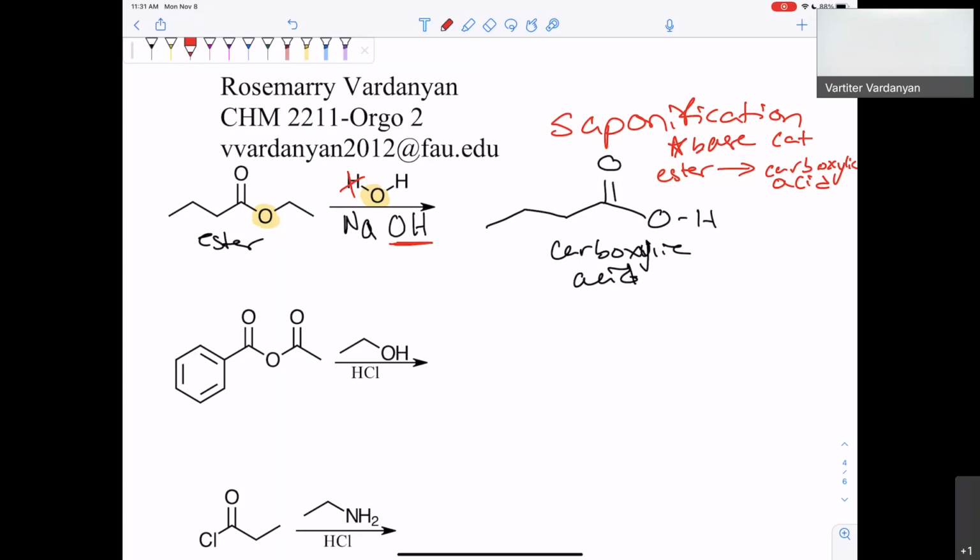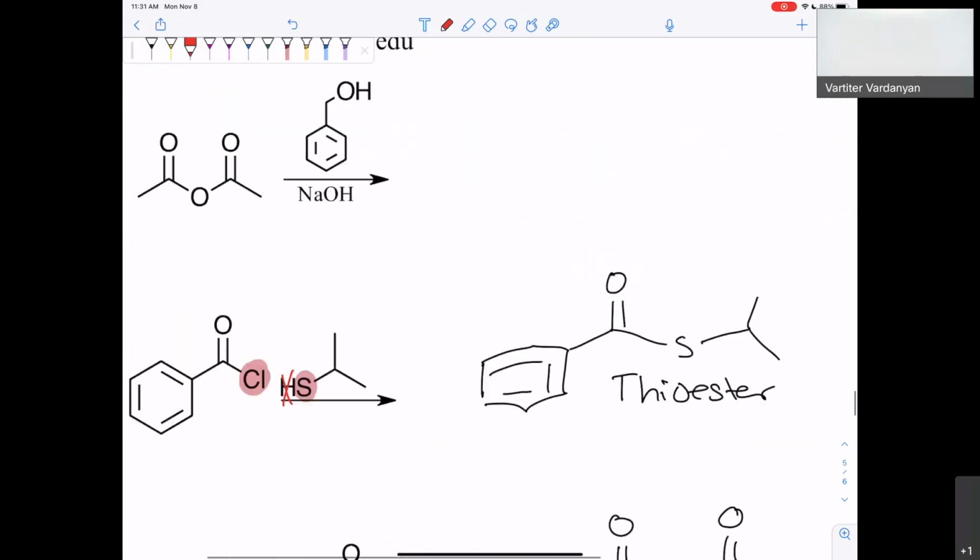Say that again? If there's no catalyst, it would still happen, but it's not going to be called a saponification. Yes. Yeah. Does anyone still need this before I scroll? Okay. And then